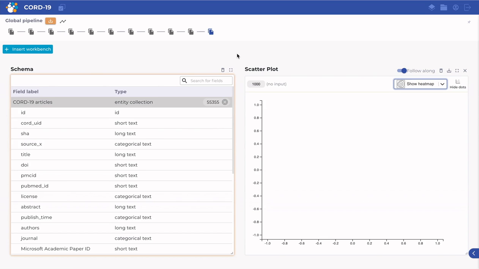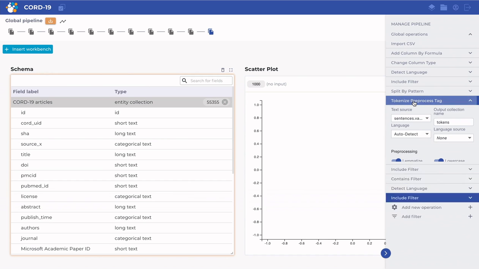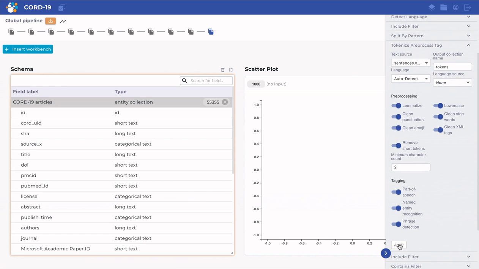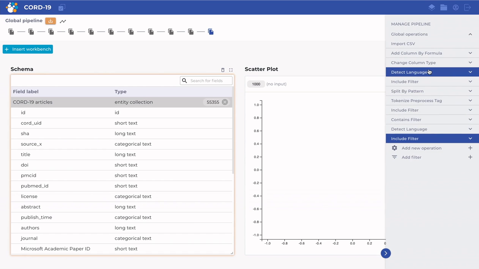An operations pipeline shows the operations that have been applied to your data. The operations are shown in the Manage Pipeline sidebar, in the order they were applied. Here, you can expand an operation to see and adjust its settings. If you change the settings and click Apply, the operation will rerun, as will the operations that are downstream from